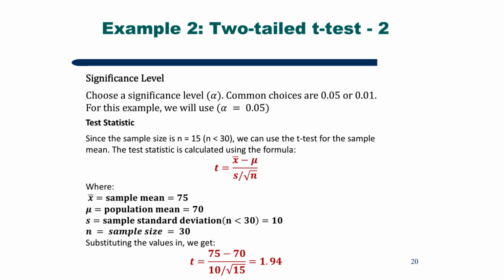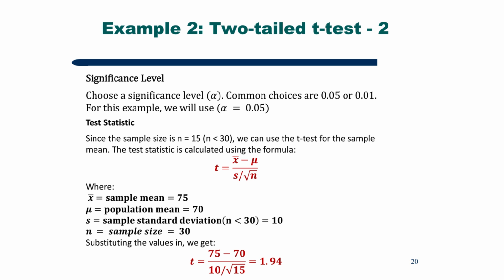Significance level. Choose a significance level alpha. Common choices are 0.05 or 0.01. For this example, we will use alpha equal to 0.05. Test statistic. Since the sample size is n equals 15, which is less than 30, we can use the t-test